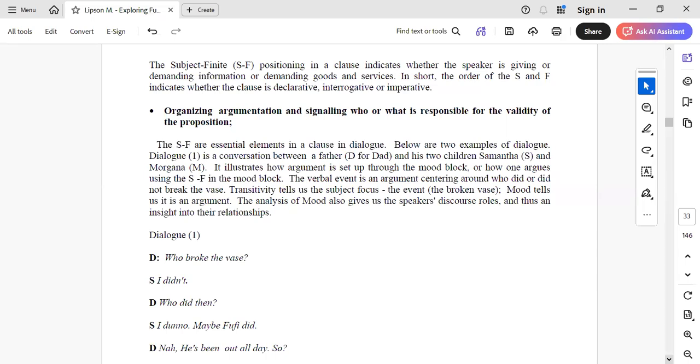Is that clear now? Now here, instead of somebody, the subject is acting as a subject here. And as we are saying that it's all about S and F and the order of S and F, right? So here we can see the substitution. And then the answer is I did not, right? And when it says I did not, this one is declarative. This one is interrogative. And how do we know that? From the pure grammatical aspect.